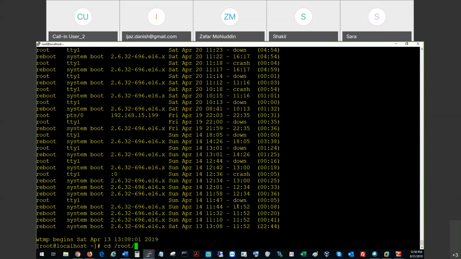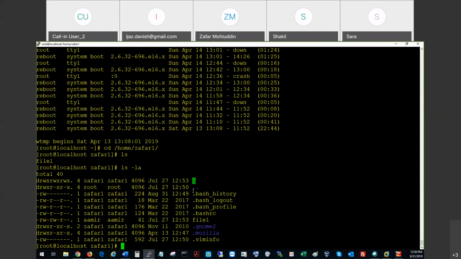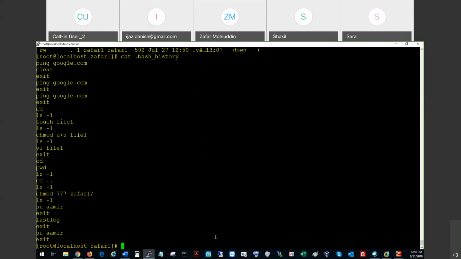cd /root/Zafar1. No, cd /home/Zafar1. And then if I do ls, there is nothing in there. Then if I do ls -la, there is a .bash_history in there. So if I cat it and run this, you will see all the commands he has run, Zafar. So the latest command he did was